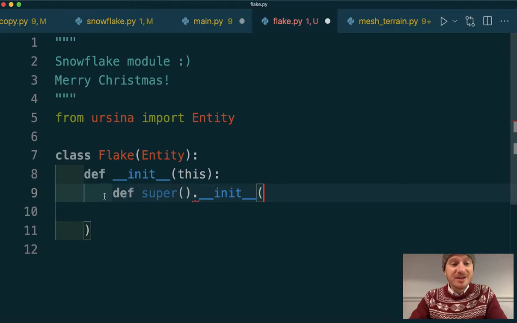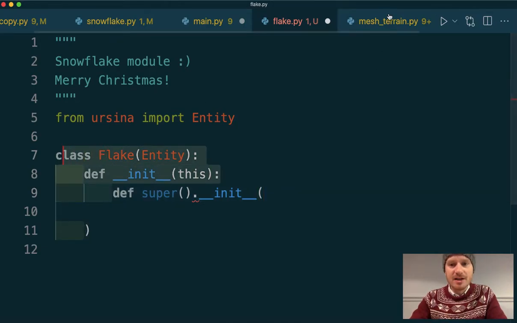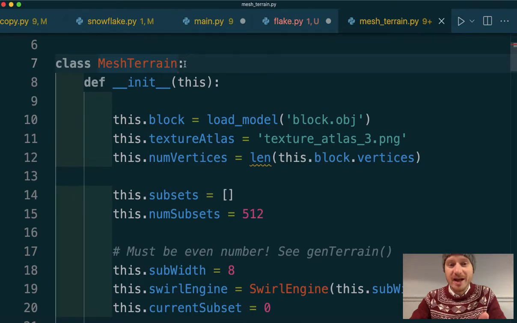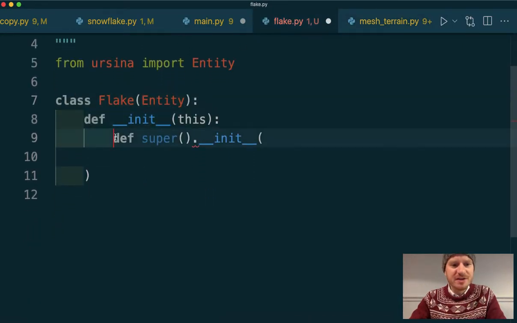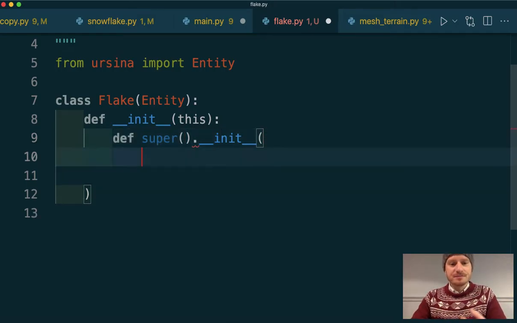So what we're basically doing with this, so everything's the same so far as what we did with mesh terrain, except for we're adding an entity inheritance at the top. So we started with def init, but now inside the def init, the first thing we're doing is using this super function. Now what this does is